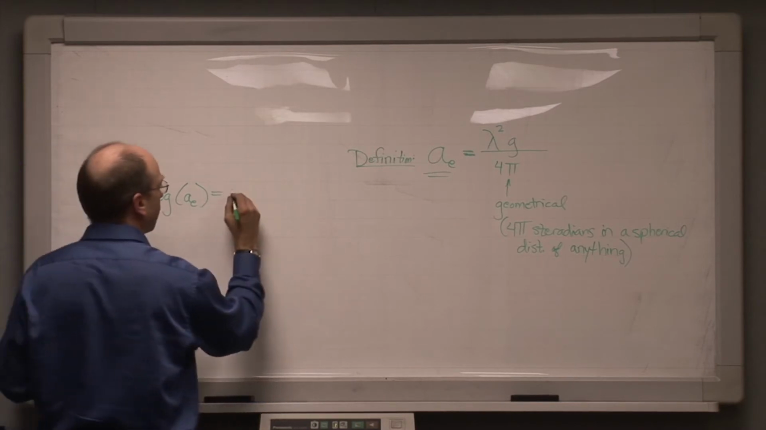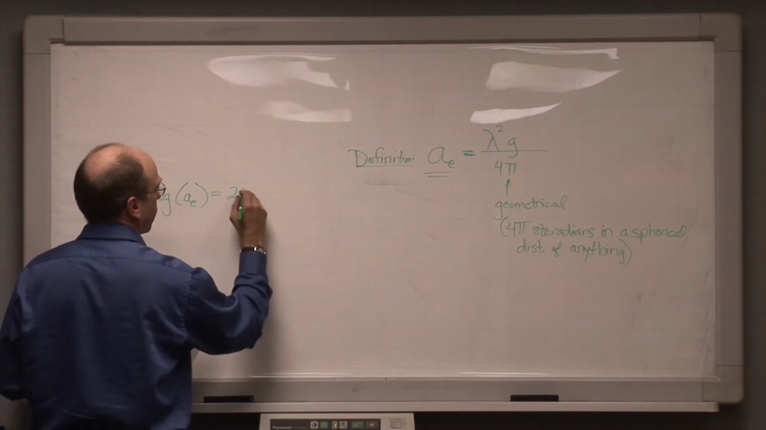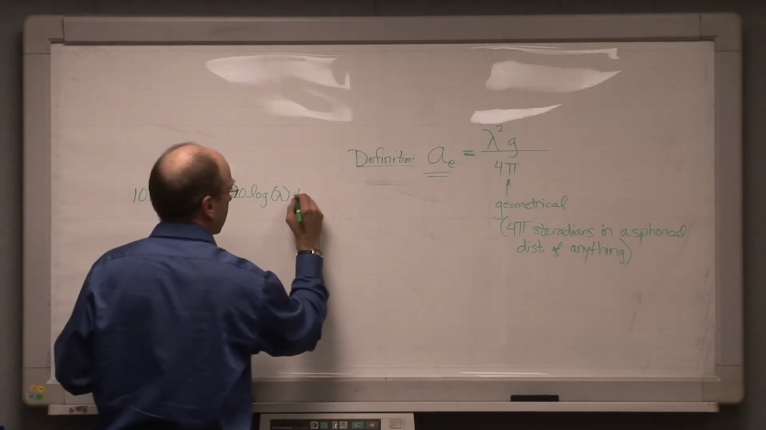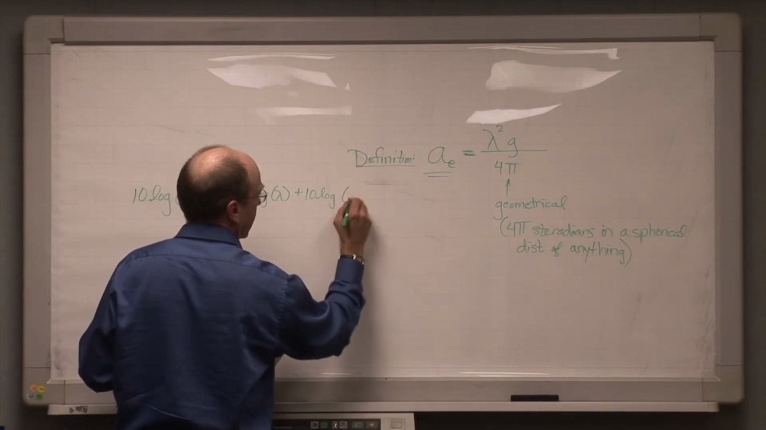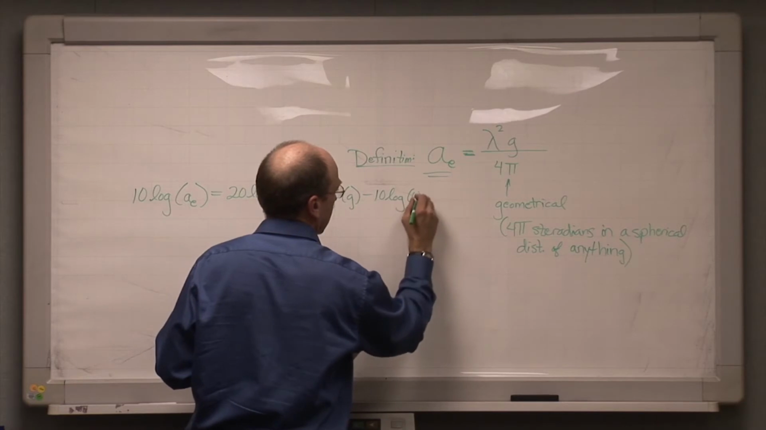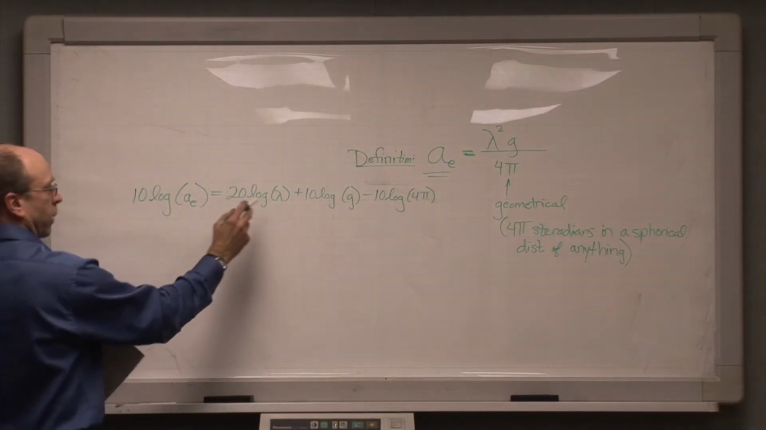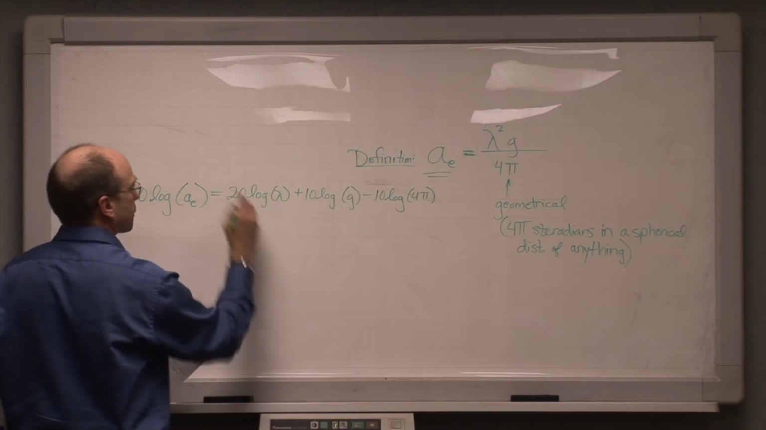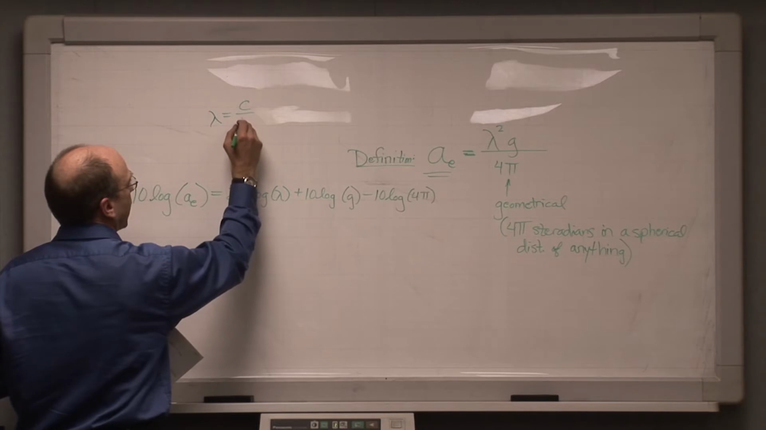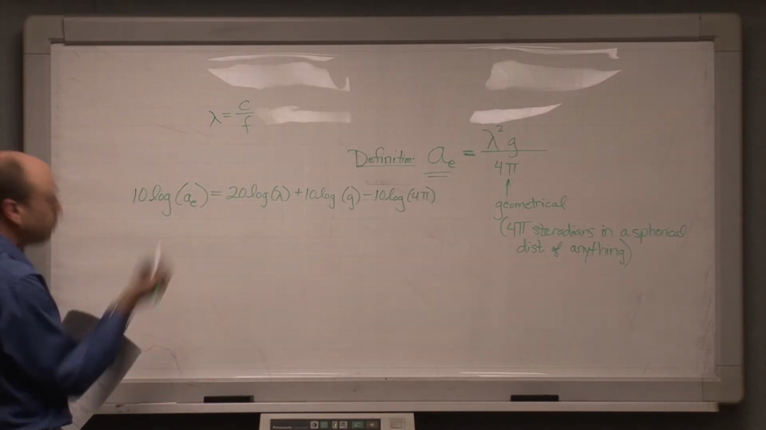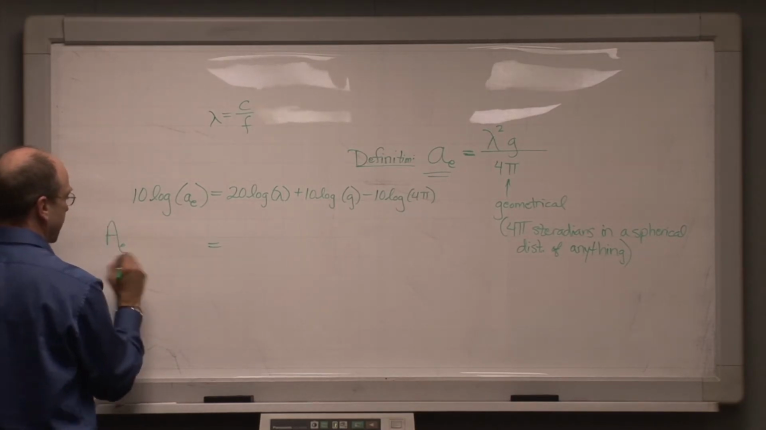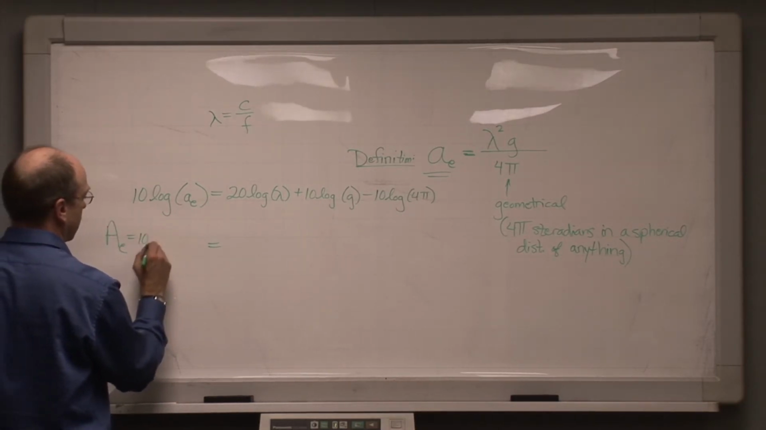Well, that's going to be equal to 10 log of lambda squared, which is 20 log lambda, plus 10 log of the linear gain, minus 10 log of 4 pi. Now, rather than work in terms of wavelength, we typically like to work in terms of frequency. And remember that lambda is equal to C divided by nu, or here I'm just going to write F for frequency. And so this means that the effective aperture in decibels, written in capital letters, which is equal to 10 log A sub E,